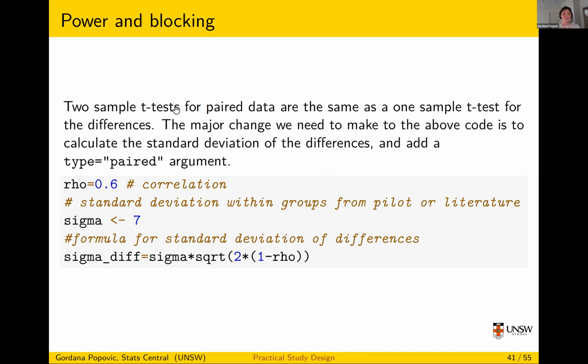So it turns out that a paired t-test is what you would do when you have paired data, and a paired t-test is just a 1 sample t-test for the differences. Anyway, it's not important. You're still using the same standard deviation, but what we need to do is calculate the standard deviation of the differences rather than the standard deviation of each measurement. And so that's how we do that. It's not important. It involves this correlation coefficient. That's the important part. So we know that these students are correlated.